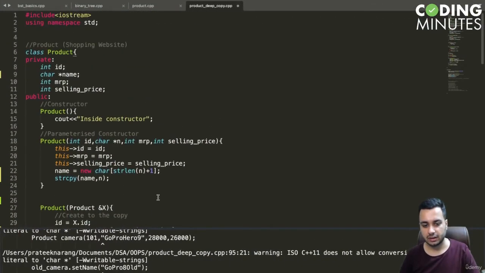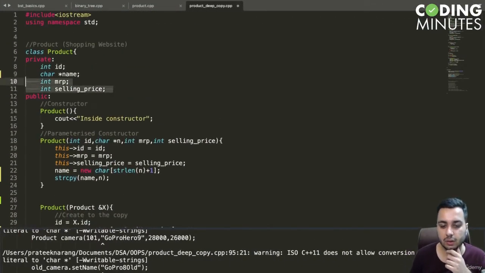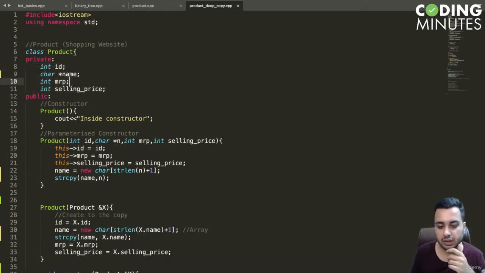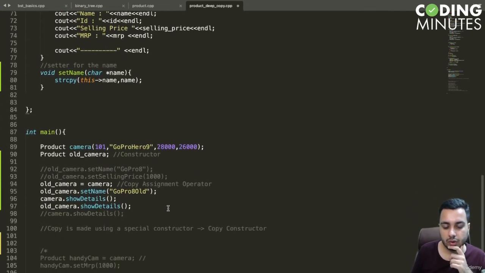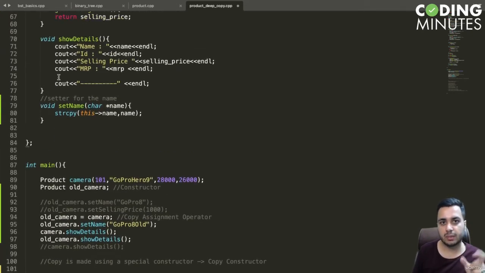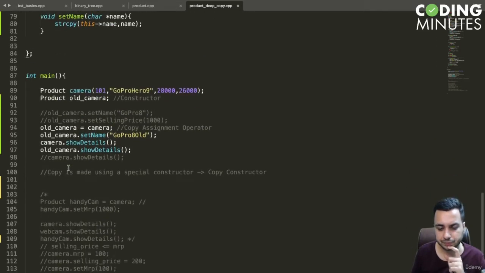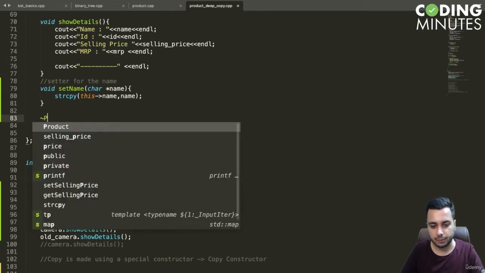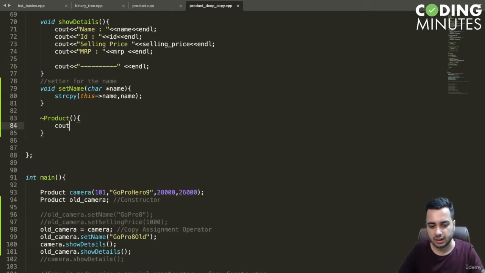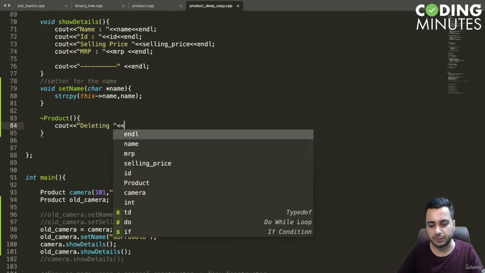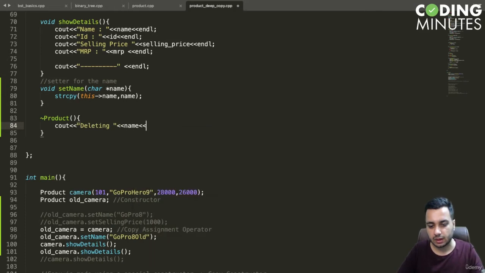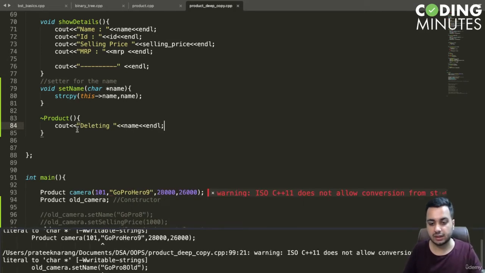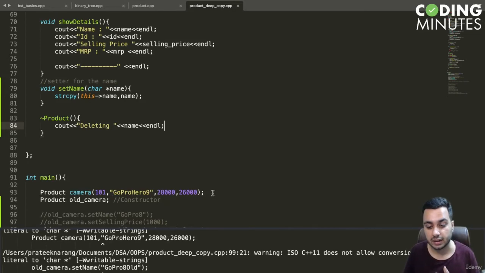In this example, if I talk about what is dynamically allocated, only the name of the product is dynamically allocated. That means we need to provide the code for the destructor to destroy the name array when the object goes out of scope. So let me just write a destructor here. Let's say, print out a message "deleting" and the product name. Now we have not called this function, but this function will be called automatically when the object